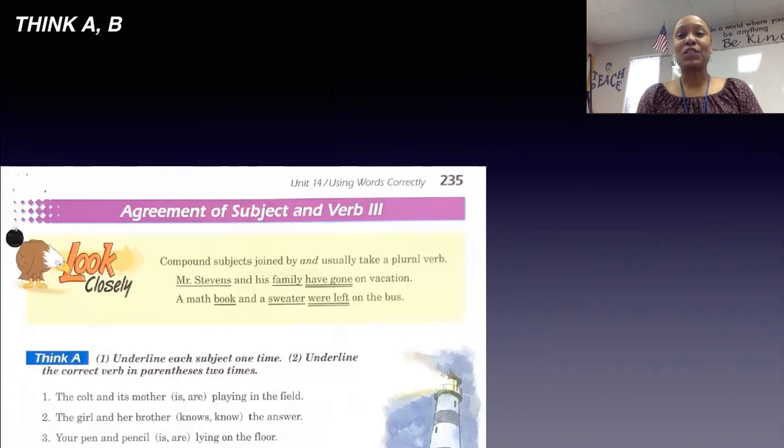So what I'd like for you to do is turn to page 235. And I would like for you to look at the Look Closely section at the very top. You'll notice that those are the examples we just did. And it reviews the fact that compound subjects joined by and usually take a plural verb. So let's look at Think A. Think A is asking you to underline each subject one time and to underline the correct verb in parentheses 2